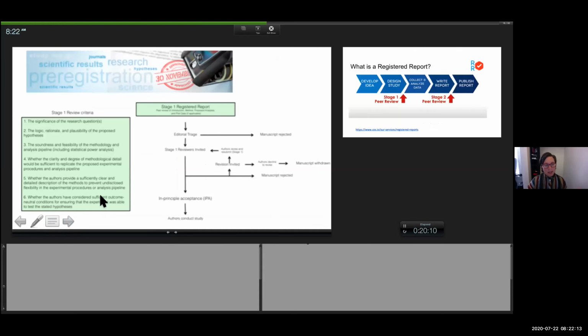So the other type of pre-registration is peer-reviewed pre-registration. And peer-reviewed pre-registration really is the beginning process of registered reports. So if you were with us 2 weeks ago, where Rosie talked about registered reports, this is really the beginning of registered reports. For peer-reviewed pre-registration, you'll identify a journal that accepts registered